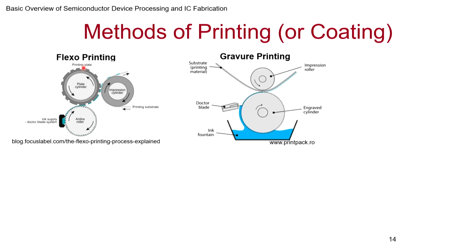You can also have the opposite. If you can have something sticking up, you can also make grooves on it. As you can see, there are grooves on this. So the ink is dispensed. The ink is just filling the grooves. Because of surface tension, only the grooves get filled. And when this substrate touches this, whatever is in the groove gets transferred to the substrate because of surface energy minimization, and then it goes on. So whatever pattern is there in the form of a groove is what is transferred onto the substrate. This is actually a very high quality printing.